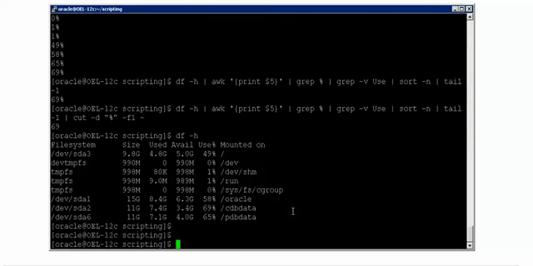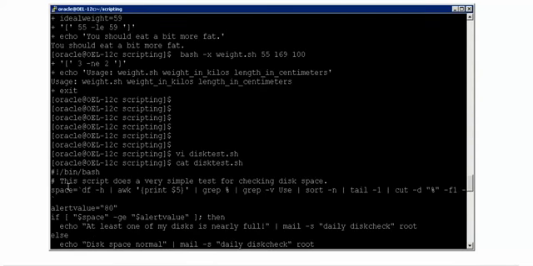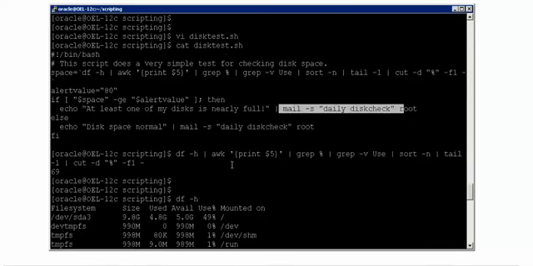That's it. That is where I redirected the output to the variable called space. So now what will be the value of space? 69. So if 69 is greater than 80, then it will say at least one of my disks is nearly full. You have to check and go and replace the disk.